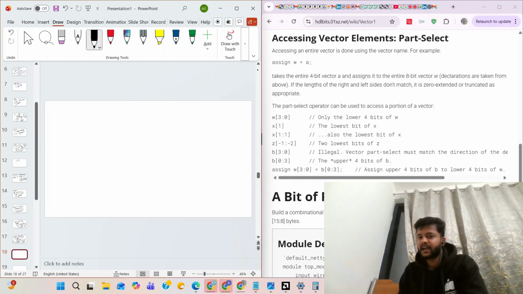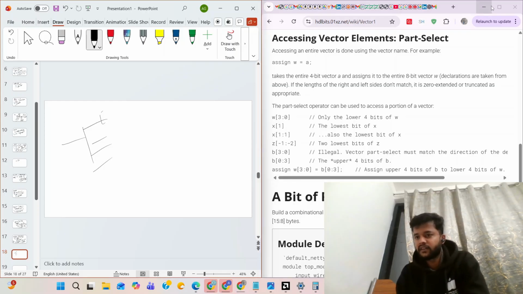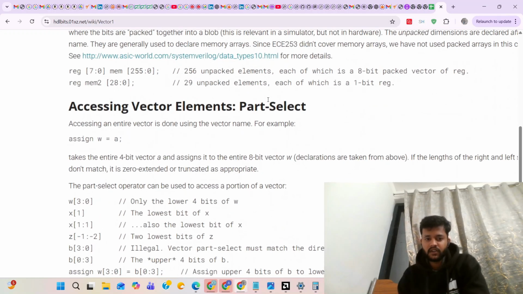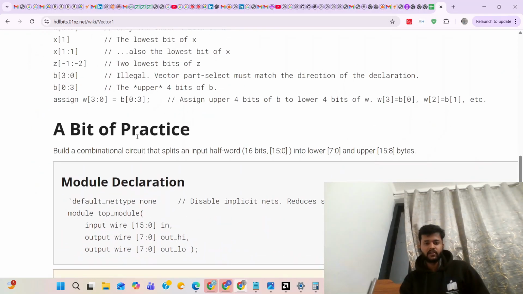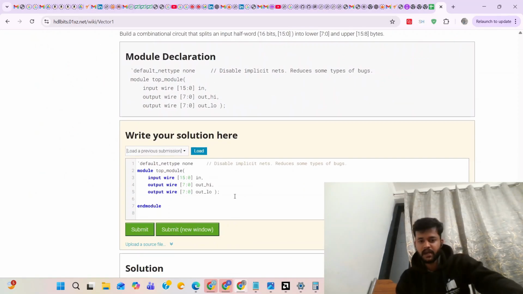Part select, I have explained how to partially select a vector. So we'll move to that problem statement.